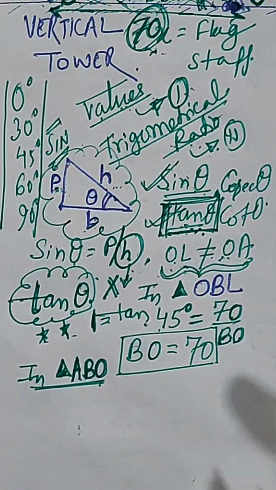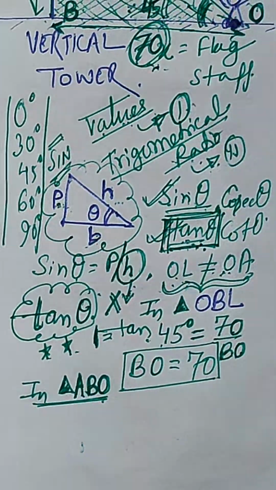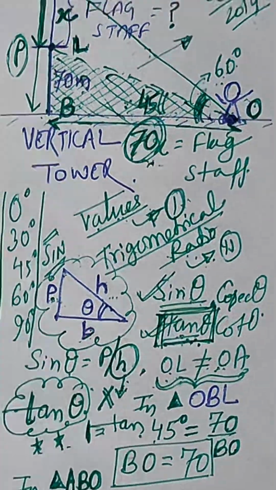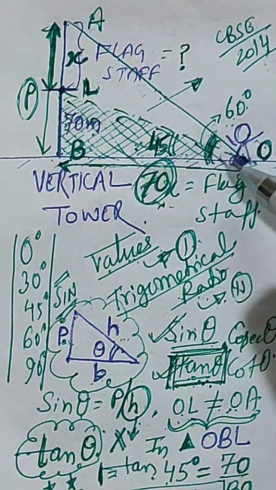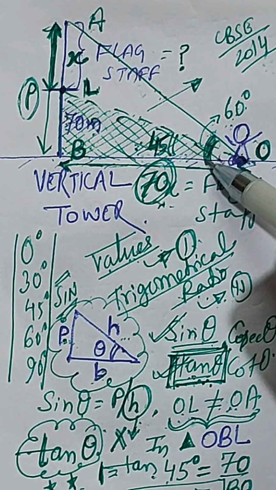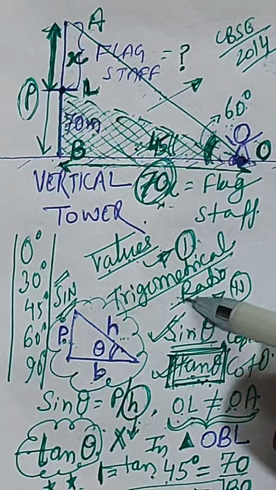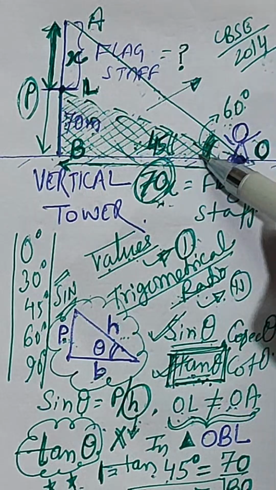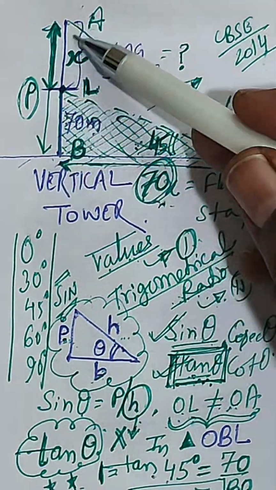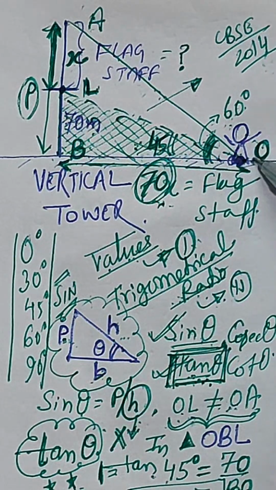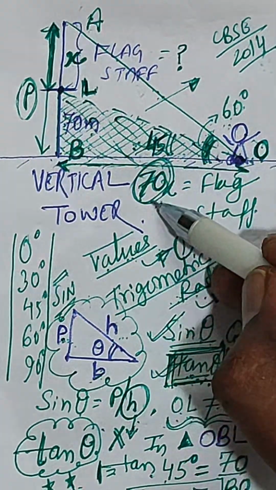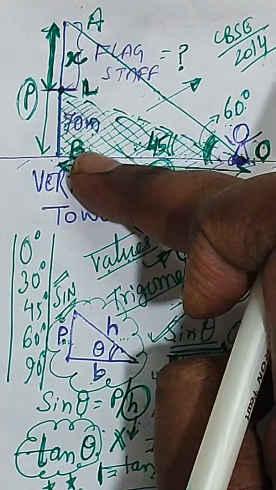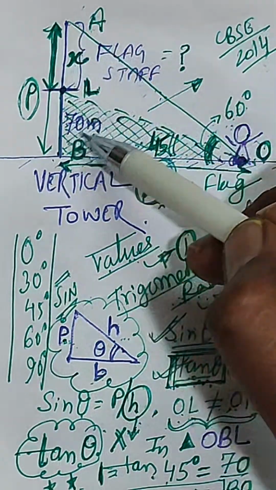Tan of 60 degree will be there. Let me show you again. Tan of 60 degree, we have already decided which trigonometrical ratio we are going to use. This is tan. So we are going to use tan of 60 degree is equal to AB by BO. Why BO? Because we are knowing it. We calculated it. Right? So tan 60 degree will be AB by BO, and AB is nothing but 70 plus